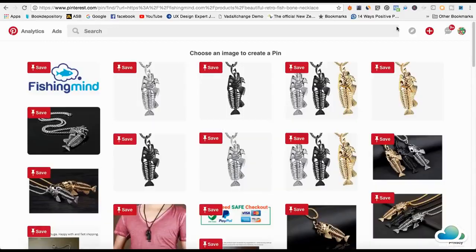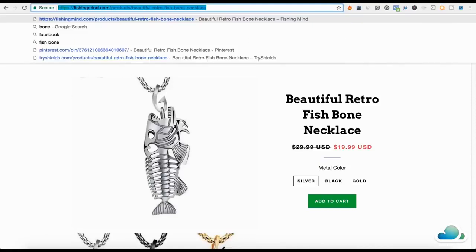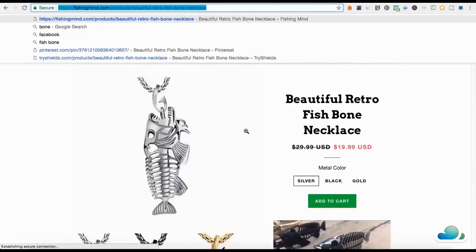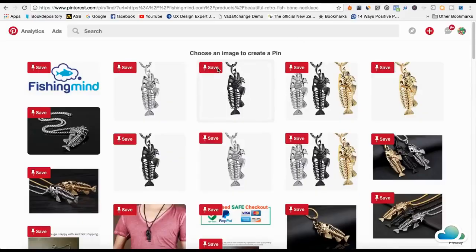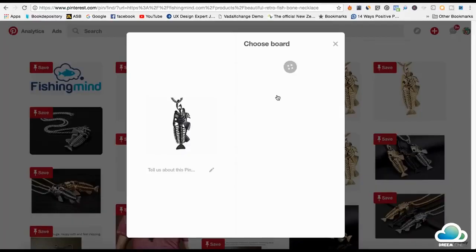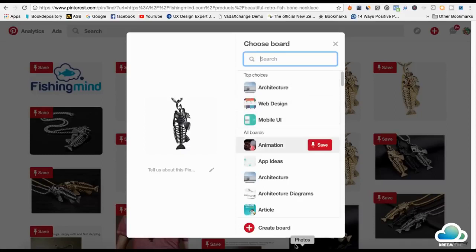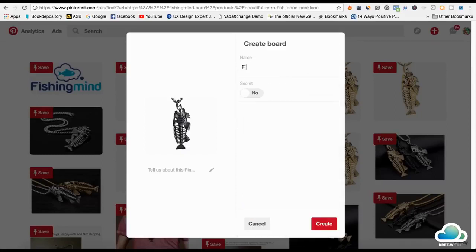So what I would actually do is go into this, and I would actually create an image, and I would say discount this, click here, discount for this many days, 24 hours until the price runs out from 50% off, whatever you want. There's so many things you can say. And I'll just save one of these images, and I would also create a fishing board. I'll just call it fishing, and make sure you don't hit the secret button, and create,